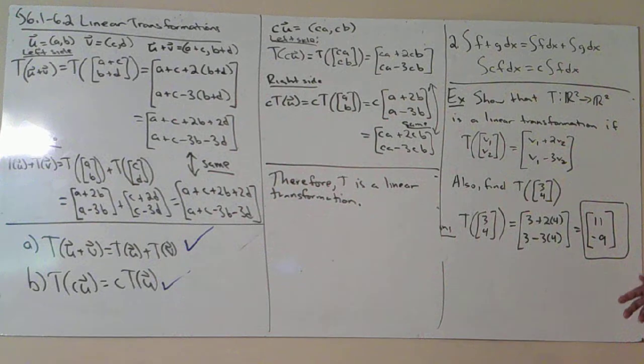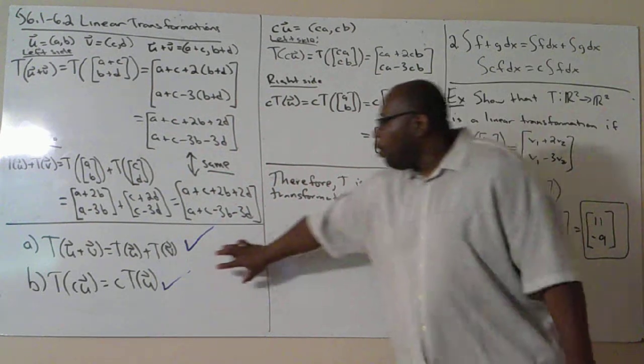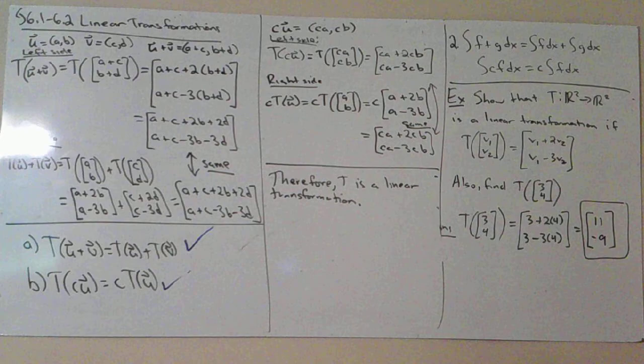So if something is a linear transformation, these two properties have to hold: T of U plus V is equal to T of U plus T of V, and T of C